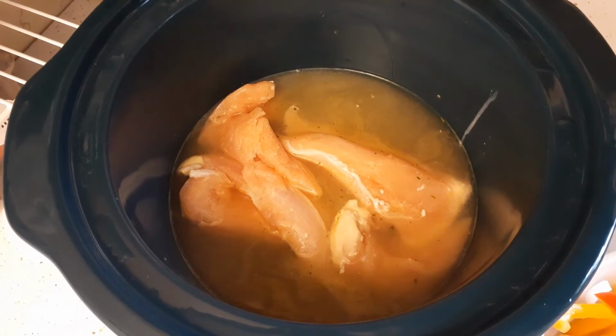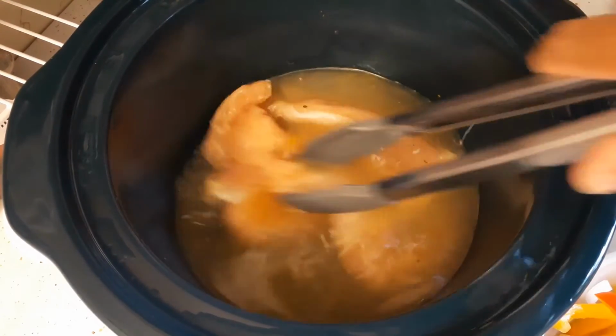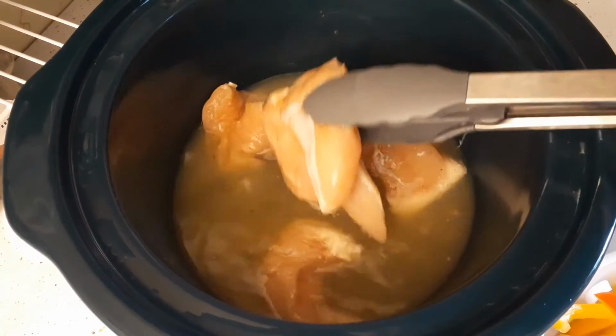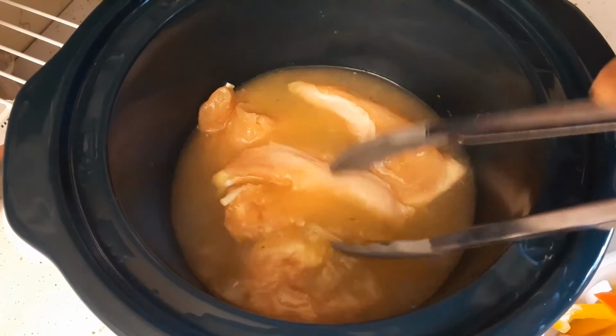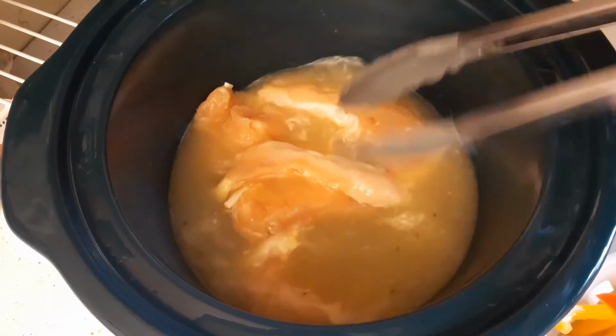Now, normally I go ahead and cook everything on low the entire time, except I didn't take it out to thaw it out soon enough. You can see some of it is still a little bit frozen to each other. And I put it in the microwave on defrost for a little bit,